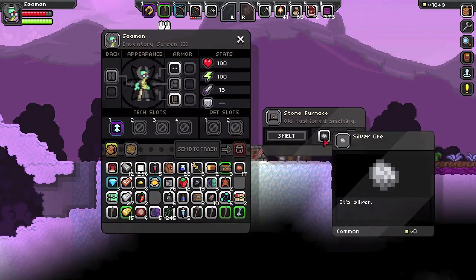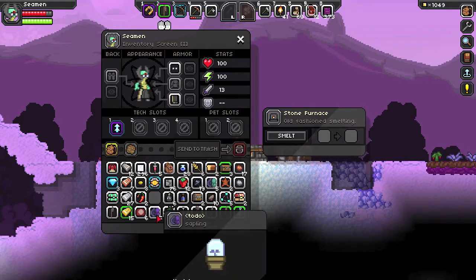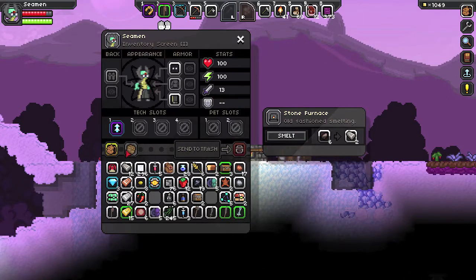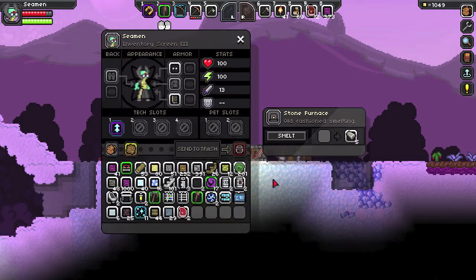And let's take all the silver. Coal, there's no reason to put coal in there though, and those are seeds. So let's just put in the rest of our iron as well, and I think that's all that, oh no, we have a lot of copper ore to smelt also. I don't see any gold in here. So what we'll probably do,